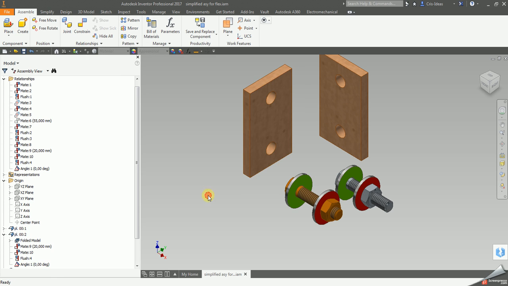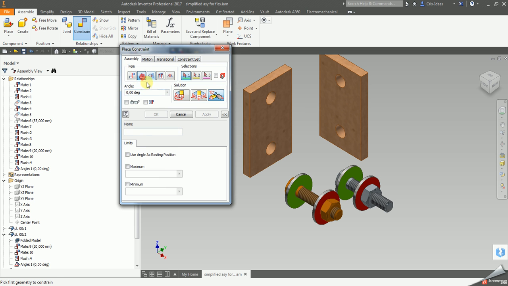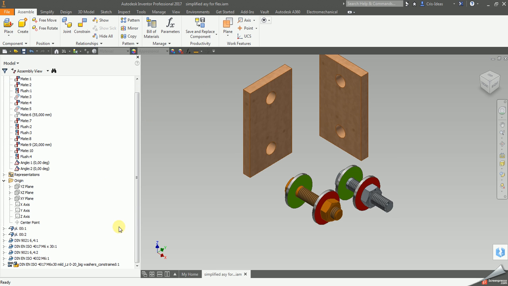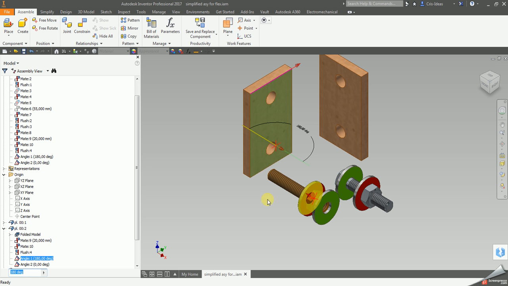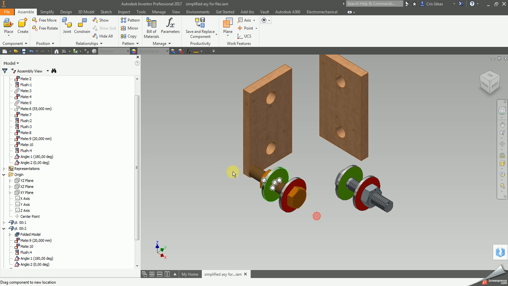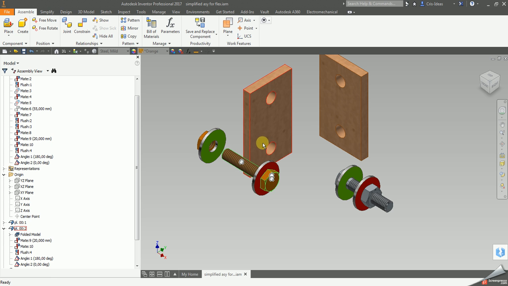Okay, now I will do the same with the flexible subassembly. It is flexible, so I am applying the constraint. Okay, and now I have two similar constraints between the washer and the face. I will edit the first one now. As you can see, as expected, the bolt was flipped on the other side, so the angle between this face